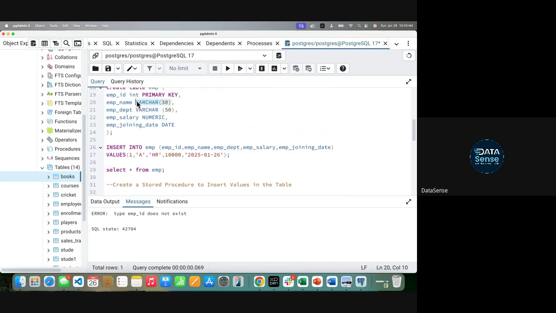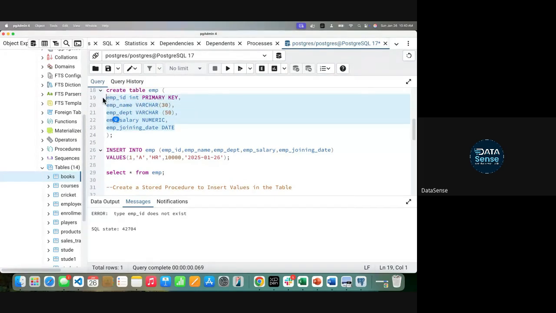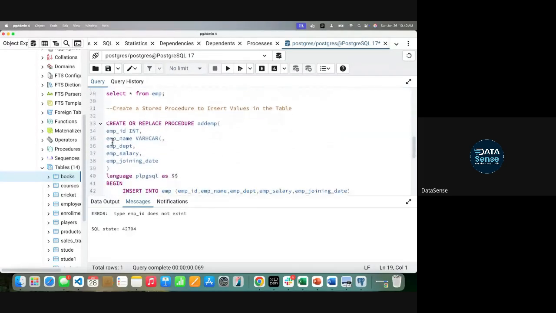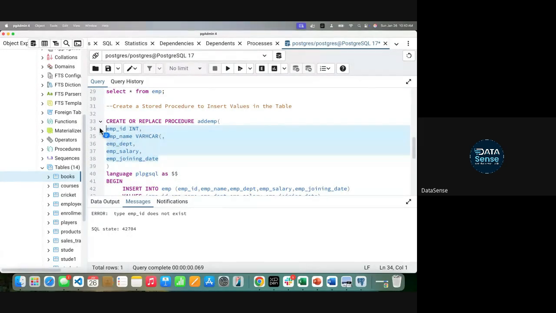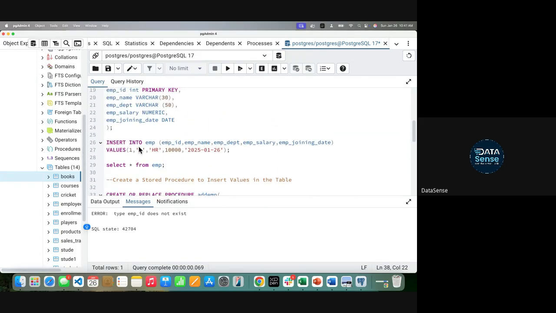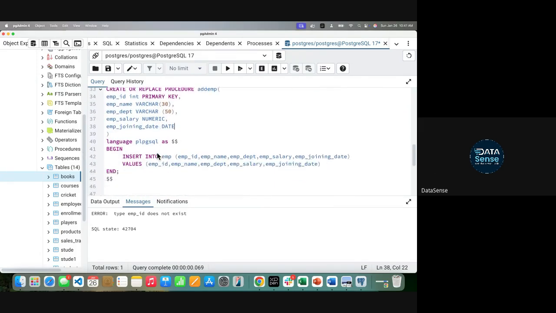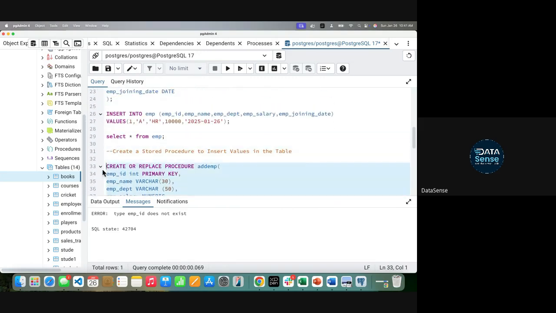I'm just trying to enter everything with types, maybe it will take. This is the same table that we created, EMP. I'm using the same format using type and passing it here. Now let's check if it runs.